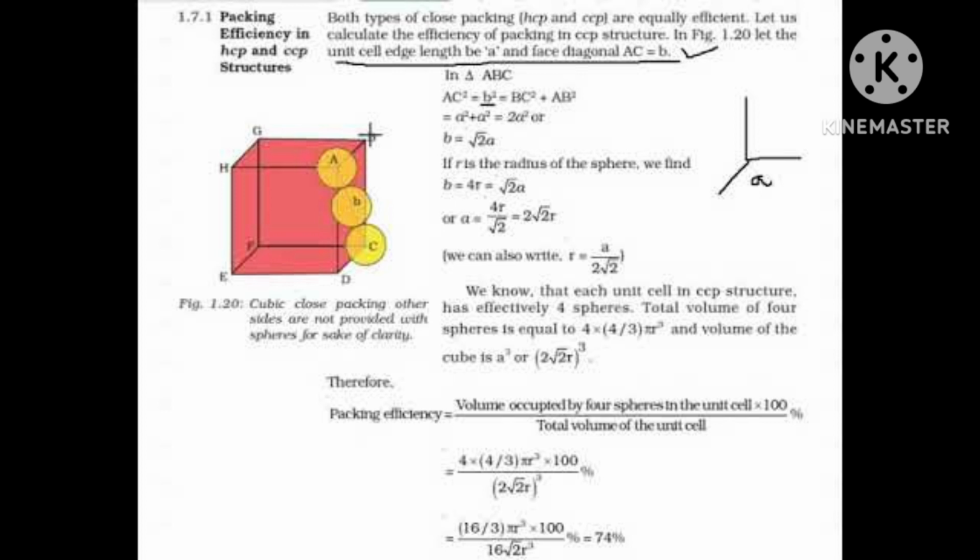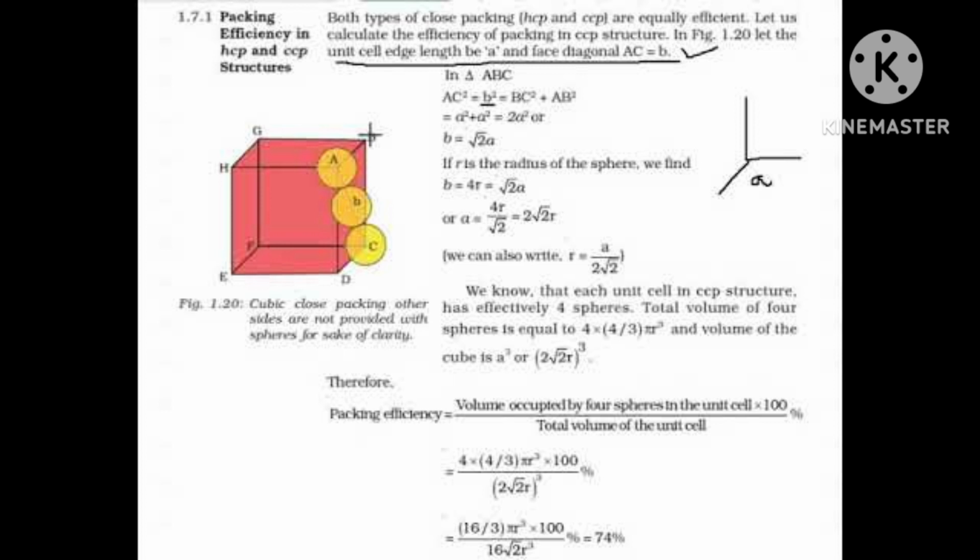Here H is the hypotenuse, and H square is equal to A square plus A square, because length and breadth are both equal. Hence H square is equal to A square plus A square, meaning 2A